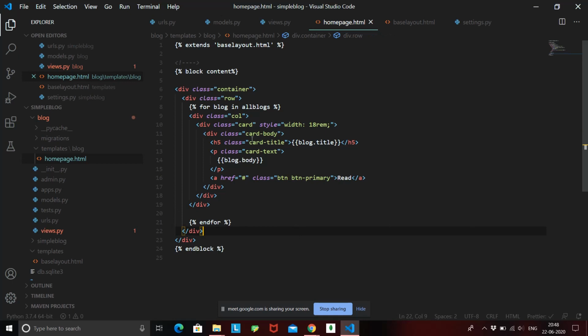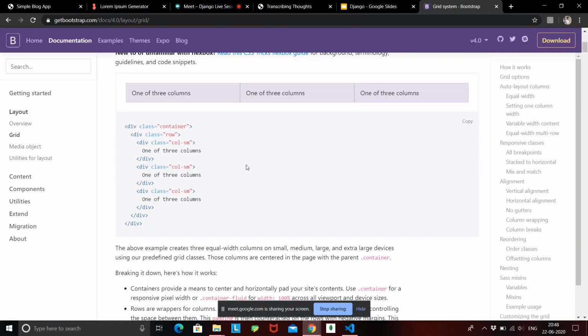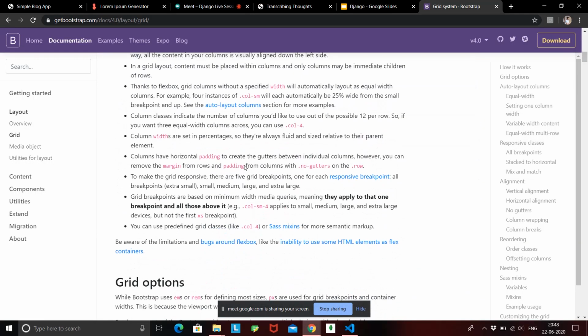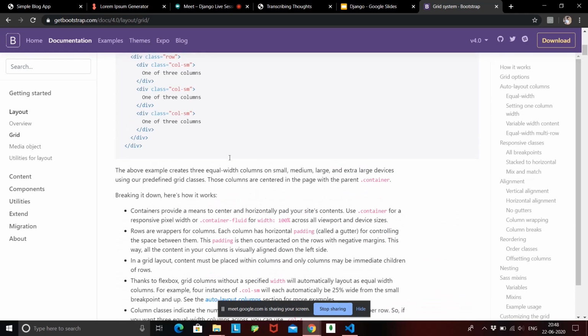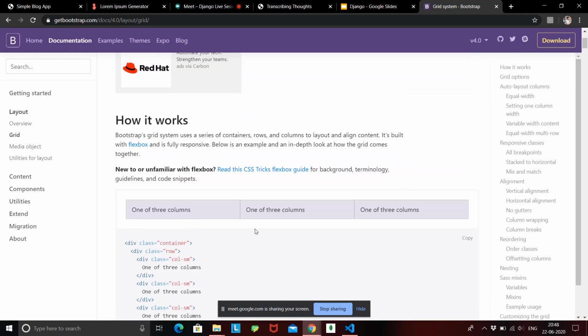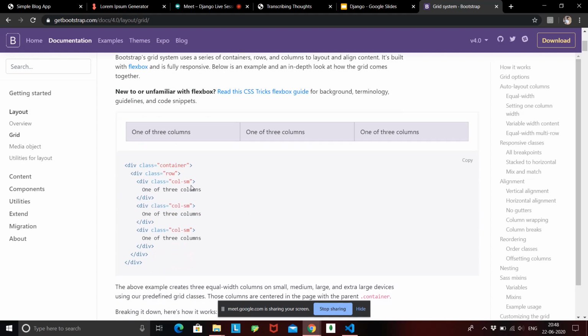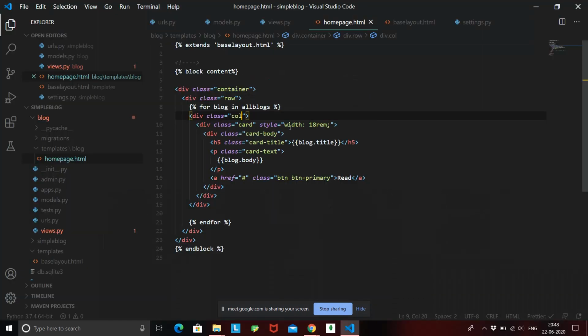Okay, and we need to specify the width of a particular column, and that can be done using these Bootstrap classes. If we go to Bootstrap again, here they have shown how we can create three columns, number 1, number 2, number 3, by giving the class col-sm. So let's try that, col-sm.